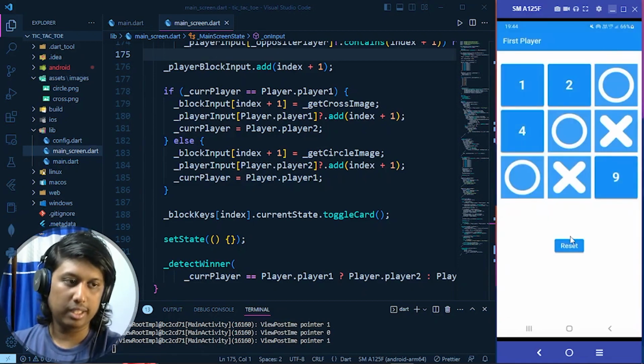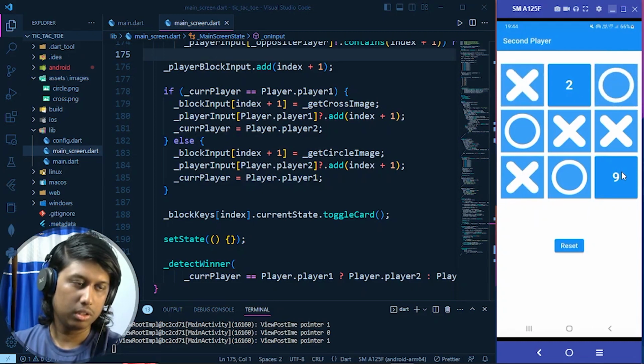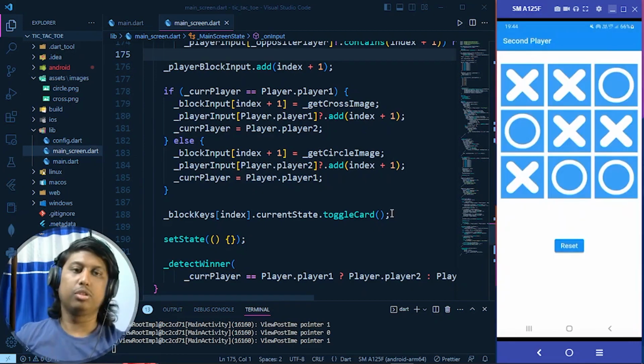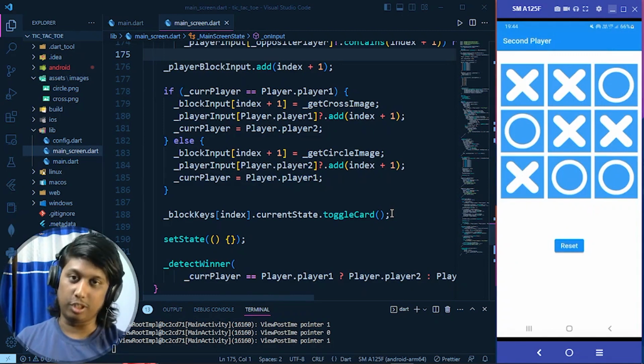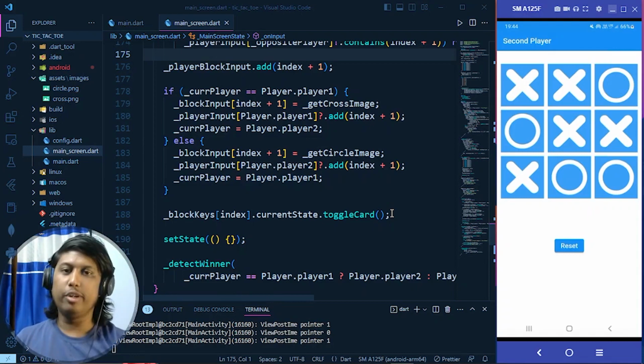Okay, now make the game a draw. As you can see, no one is the winner, so it is showing the game is a draw. So our game is working fine for the first player, for the second player, and it is working fine when the game is a draw. So we successfully made our first project in the Flutter series while learning mobile